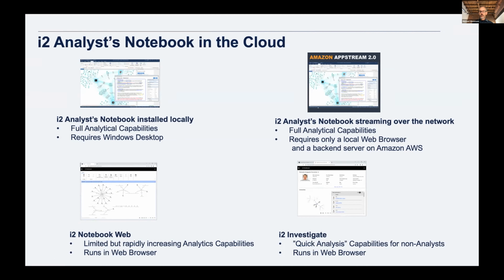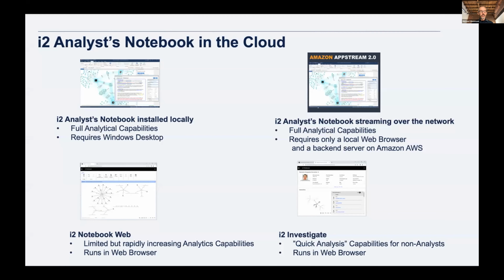By way of an anecdotal example of performance, I regularly demonstrate this capability in the US to the US federal government running on the AWS instance in Europe, and the performance is fantastic. Often it's faster than the instance that's installed on my local workstation, because the workstation is slightly slower. So those are two options to get to Analyst Notebook, but the other two capabilities we have right out of the box,